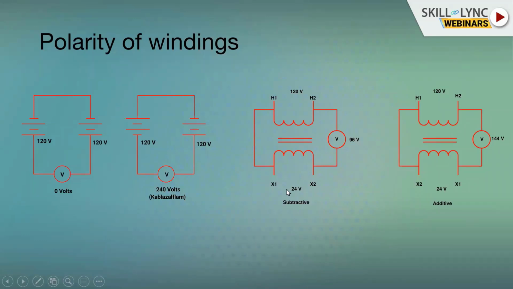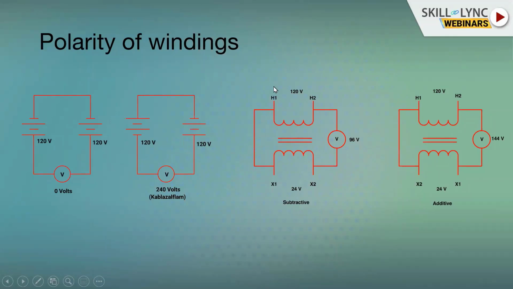The same thing we try to do with the transformer winding. Here, again, we go to that 1 and 2 notation, but the difference is this is the two ends of a winding. So we normally mark the two ends of the winding either as 1 or 2 or S1, S2, H1, X2, like that, depending on the voltage and other things. So here we have taken two windings in the same transformer, 120 volt winding, 24 volt winding. Naturally, the ratio of the transformer is 5. Now, this H1 and X1 are very, very important to mark on the transformer when you manufacture.